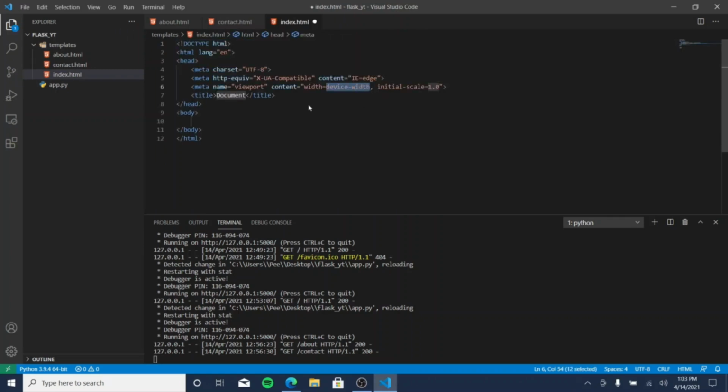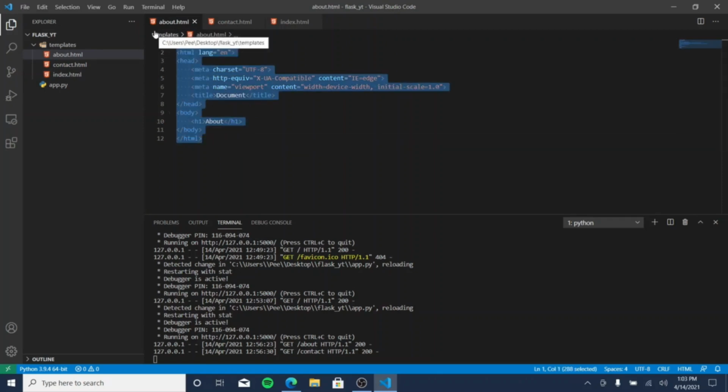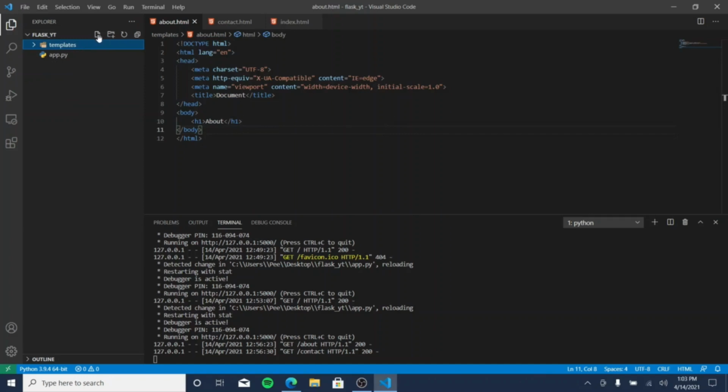So you can see I'm already repeating myself, and that's not what we want to do. We want to have a way where we can just write all this in one separate file and then just insert what we want into that same document. Okay, so that's what templating is all about. You are taking a template from somewhere and putting yours into it, or the actual thing you want to display into it. So I'm going to create a layout.html document where it's going to consist of my layout,